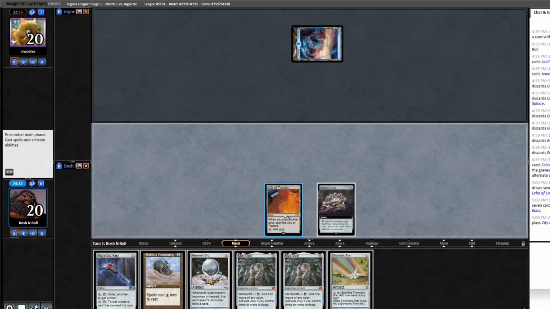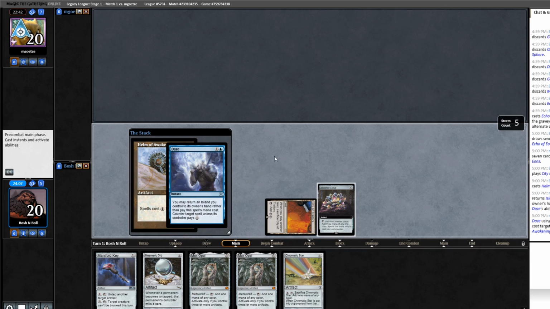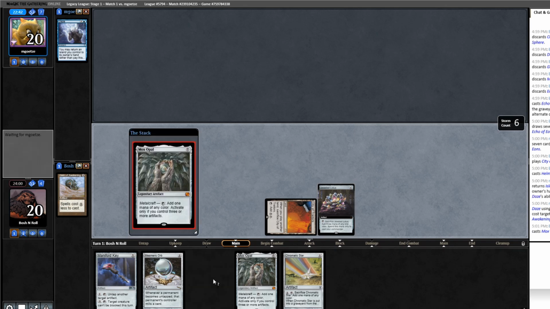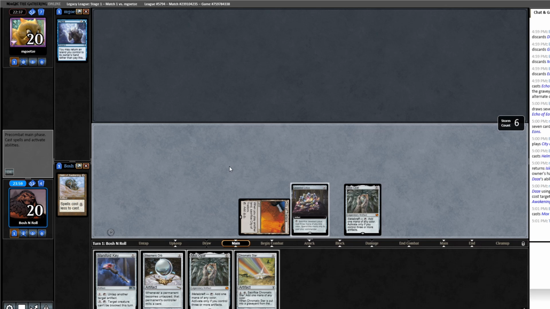Alright, City of Traders. Alright, we built this city on Helm of Awakening. If they counter this, if they found a counter for this, they're going to be in pretty good shape. Well, I mean, I get to do stuff next turn, but I get to dump my whole hand. Days, huh? Alright, yeah, that's a legal card in the format. Alright, so I'll run out of Mox Opal. I have 2, I don't want to